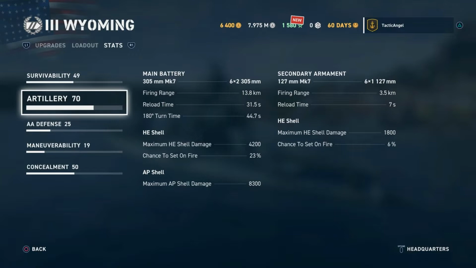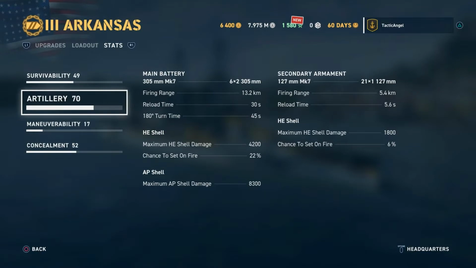6x2 305mm guns. Wyoming shoots out to 13.8 kilometers. It turns its turrets at 44.7 seconds to get 180 degrees, 31-second reload. You got a little bit of difference here in terms of reload and turn speed, not enough to really write home about, but the big difference on the Arkansas is you have 21